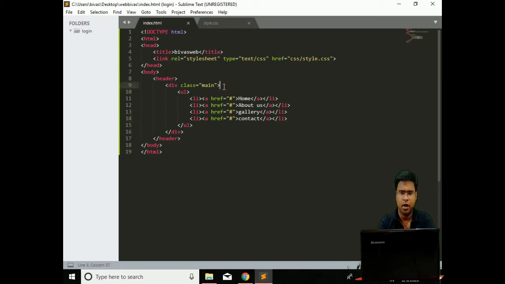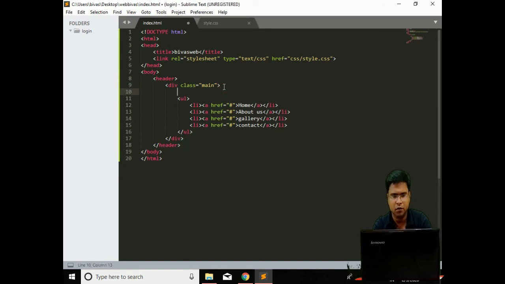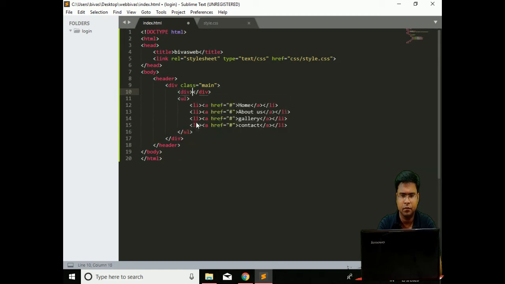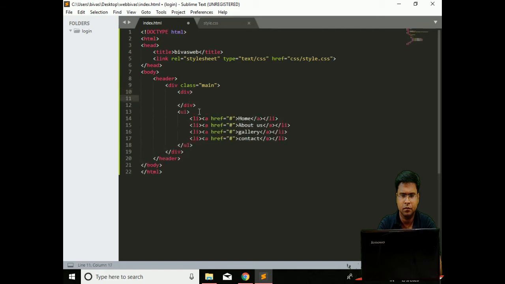Right now I am creating another division, div. I am giving it a class name, logo, because I am going to put our logo here. That's why the name of this division is logo.